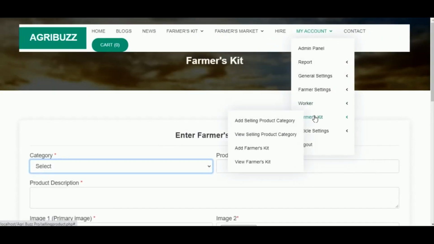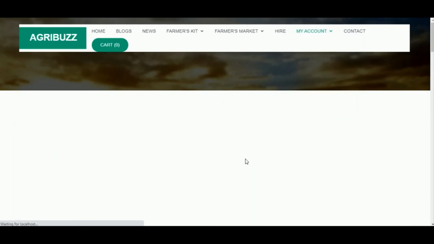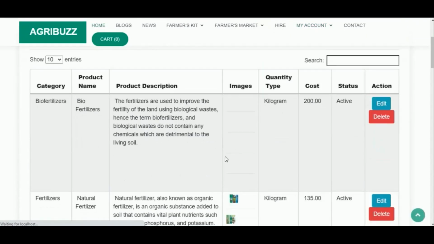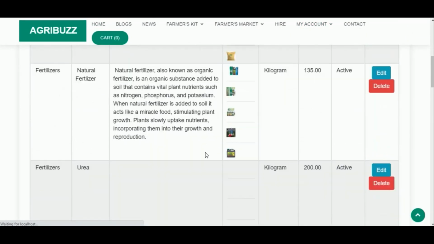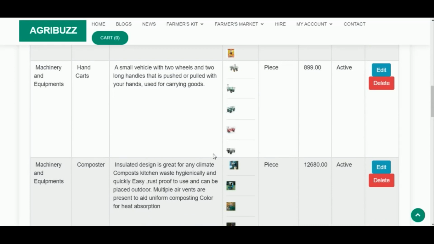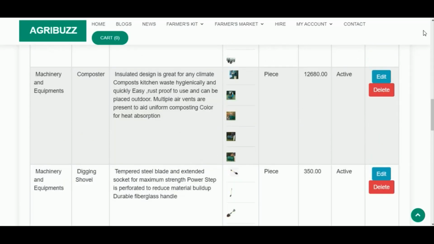All the Farmers Kit added can be viewed under View Farmers Kit. It also has the action to edit and delete them. The products to the Farmers Kit can only be added by the admin.